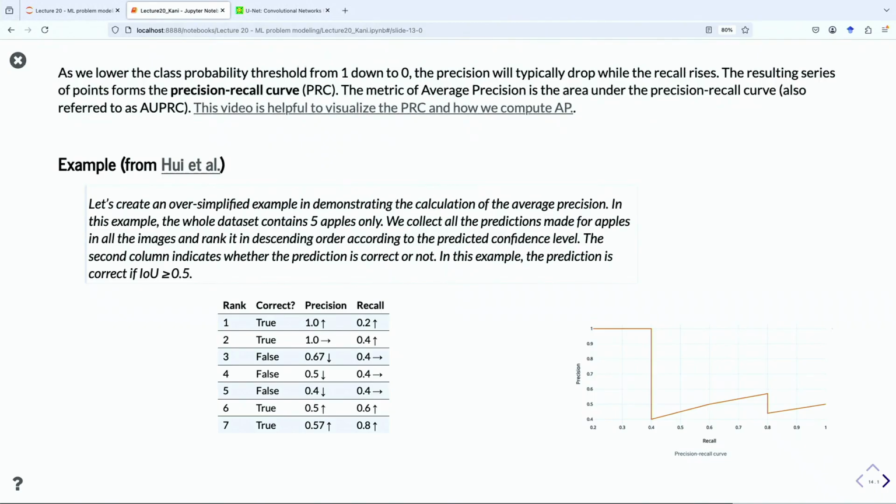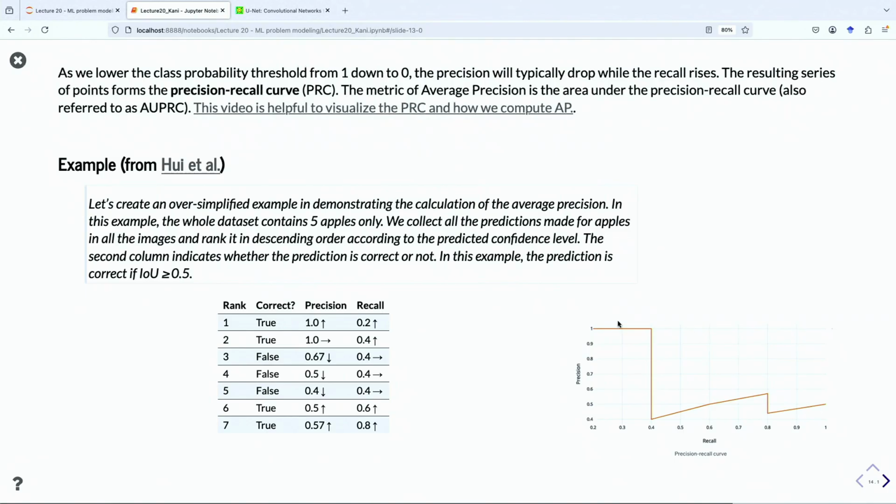Okay? So the mean average precision is a way to relate these two values into a single metric. And this is how most image models are evaluated, with this one metric called the mAP score. And there's a lot of nuance with this.